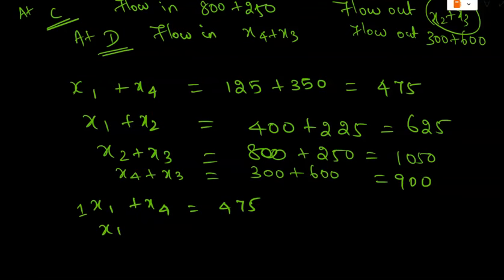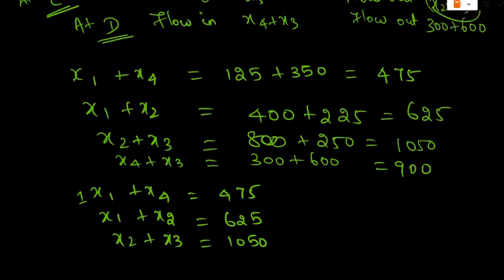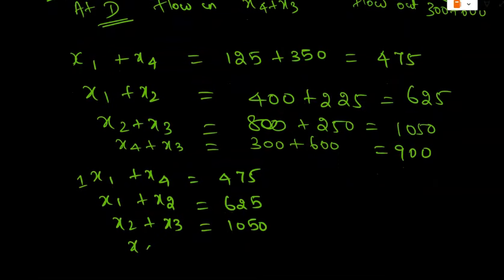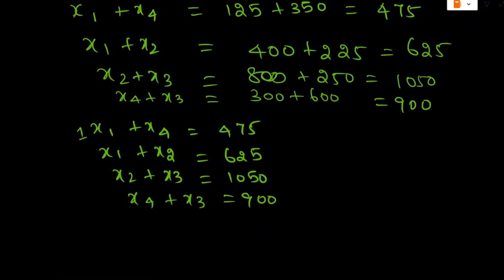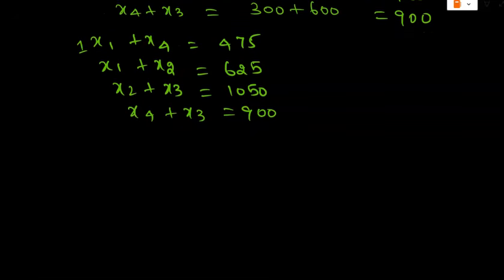Your second equation is x1 plus x2 is equal to 625, your third equation is x2 plus x3 is equal to 1050, and your last equation is x4 plus x3 is equal to 900. When we write it in augmented matrix form, the other coefficients will become 0. So the augmented matrix